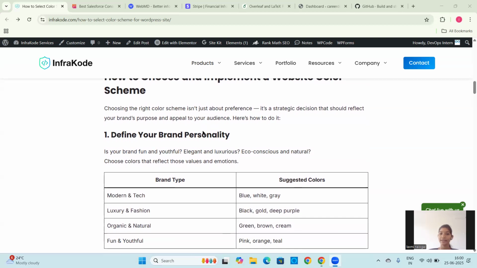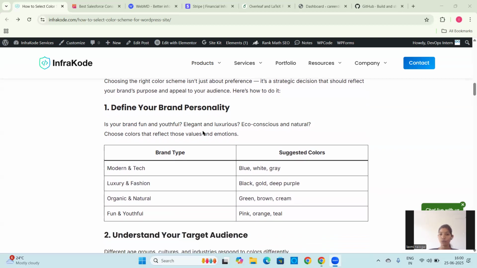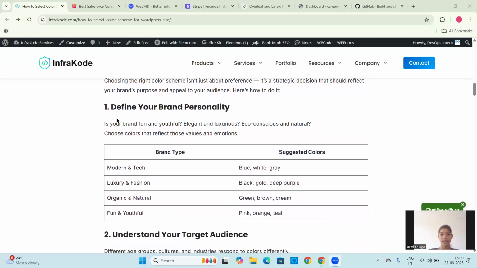Choosing the right color scheme is not just preference, but a strategic decision that should reflect your brand purpose and appeal to your audience. So how to do this? There are steps. The first one is to define your brand personality.